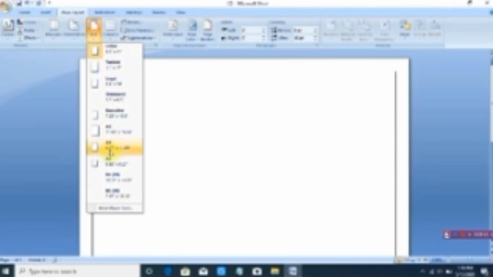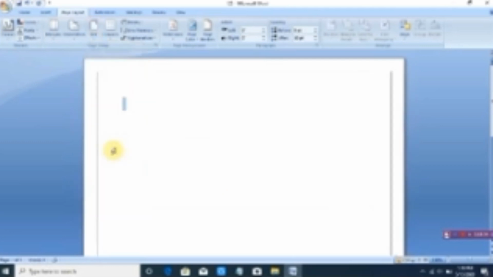The size of an A4 sheet is 8.27 into 11.69. That means 8.27 is the width of the paper and 11.69 is the height of the paper. Then it is called an A4 sheet. Click over it. Now it is converted into A4 sheet size paper.